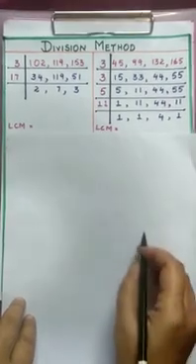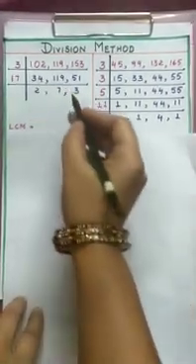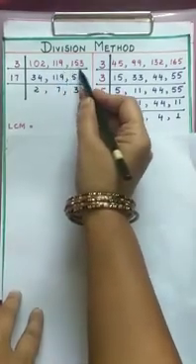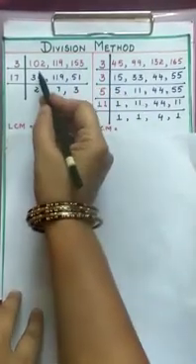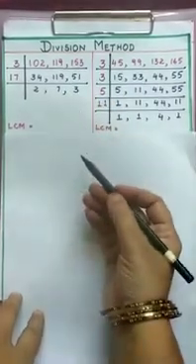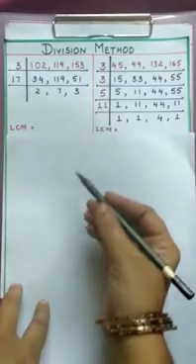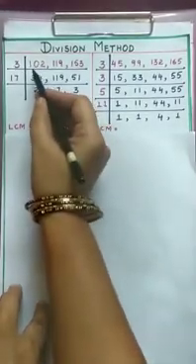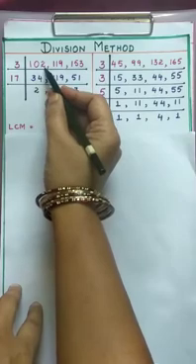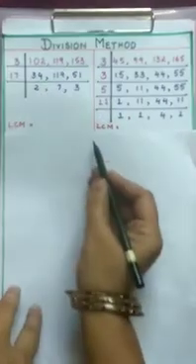So listen carefully. Now see the example with three numbers: 102, 119, 153. Here 102 is an even number. Only one even number we have. Now you see whether any two of the numbers are divisible by 3 or not. You can check through divisibility rules, the sum of digits. 1 plus 0 is 1, 1 plus 2 is 3. So 102 is divisible by 3.